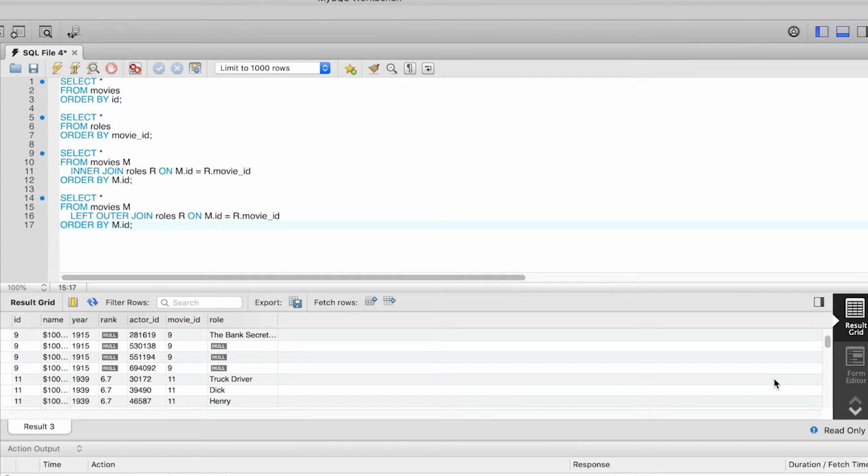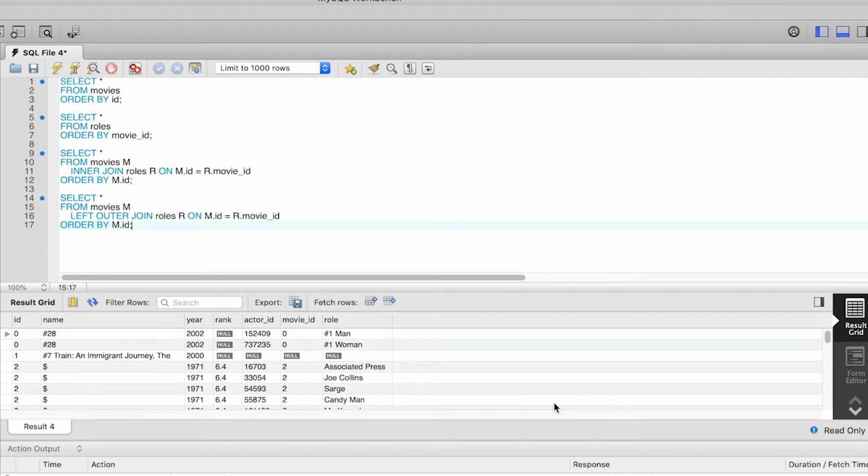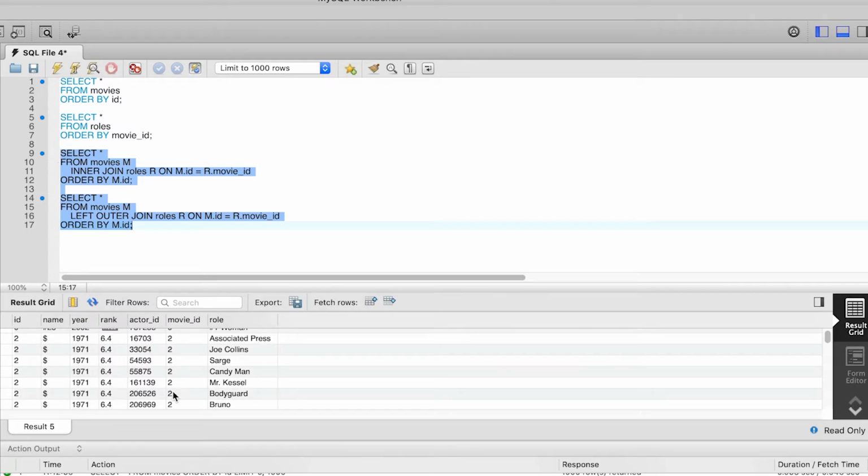Notice the meaning of left. The movie table appears to the left of the outer join. In other words, appears before the outer join. By changing from an inner join to an outer join, we are asking to get back all the entries from the left table. The movies table is the left table in this expression, so we'll get back all the entries from the movies table, no matter if the movie entry matches with one or more rows from the roles table. Let's take a look at the results.